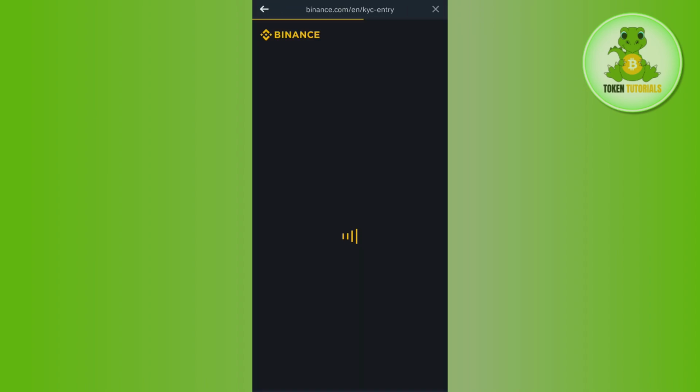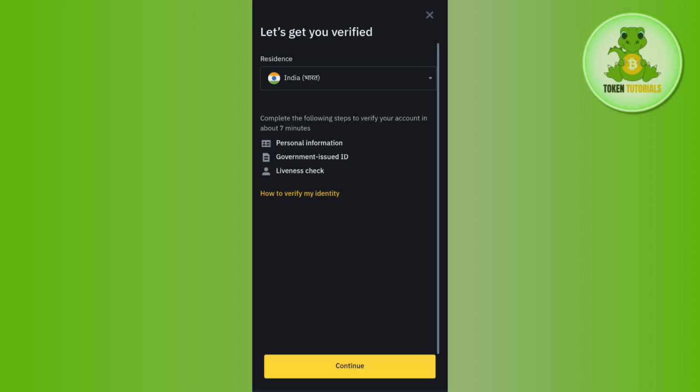Now you need to tap on the verify identity option and as per your country, it will redirect you on this page. Now once you are on this page, you will have to simply select your country of residence, and after selecting your country, it will show you how many steps you need to follow in order to verify your identity. So as per my country, it is showing me that I will have to complete my verification in 3